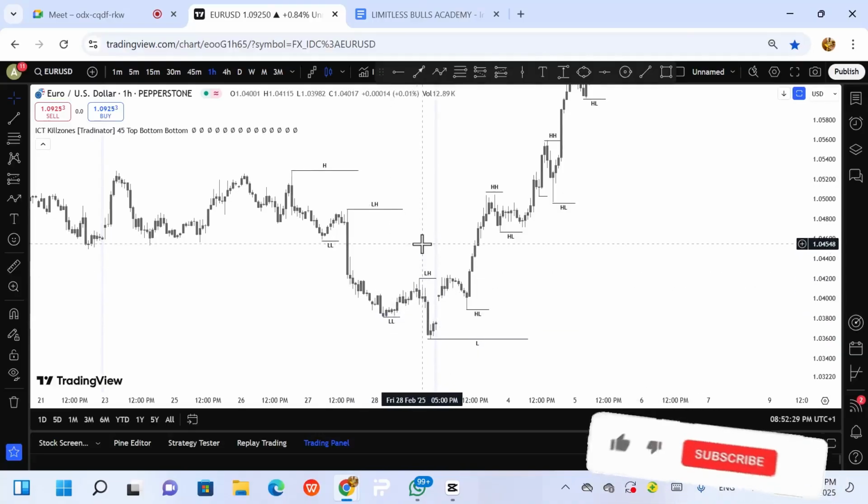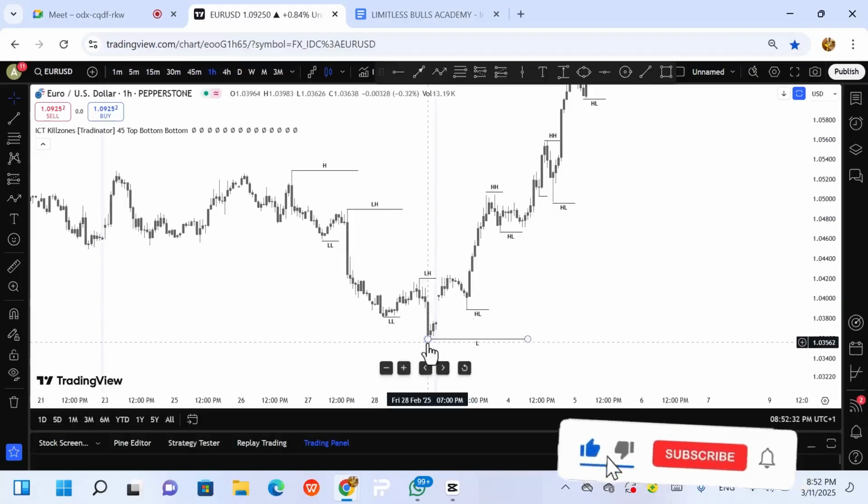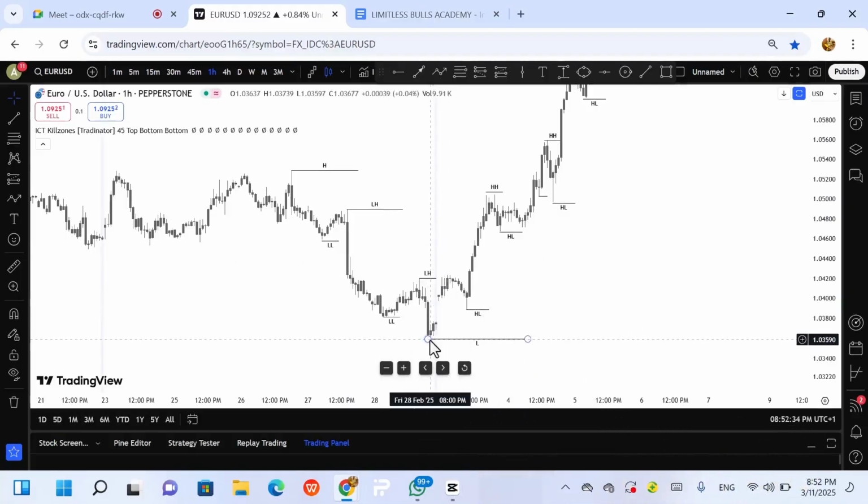And as well, this is the low. Why I'm putting this a low, I would have put this a lower low, but this is the last low now that we got, because we are seeing this already from market reaction. So now this is a low, and after this low, what happened again? Market formed a higher low. So you can see that somehow market is trying to shift trend.